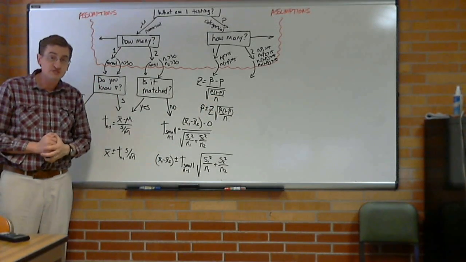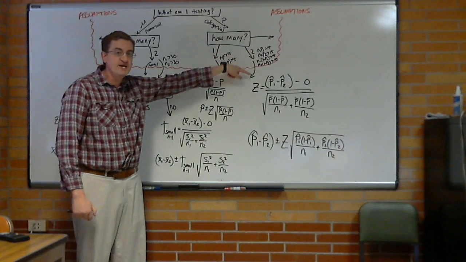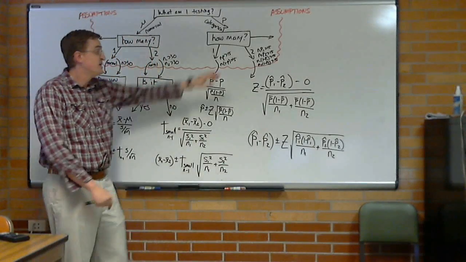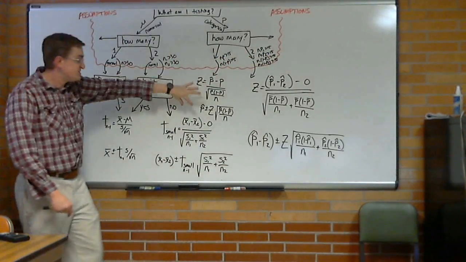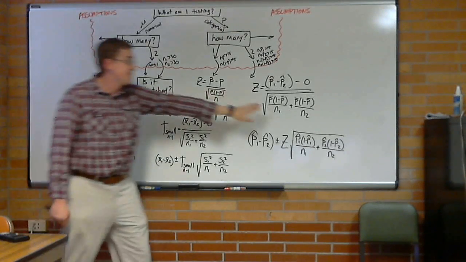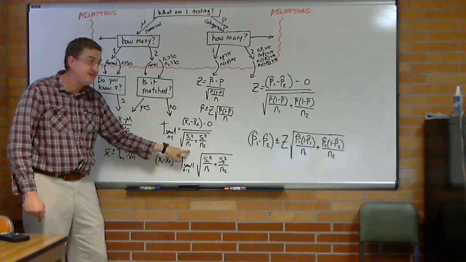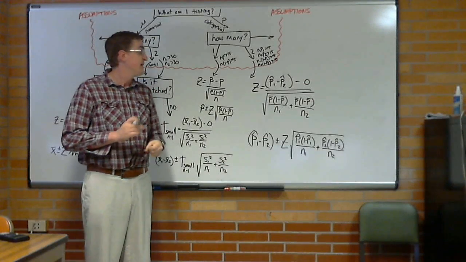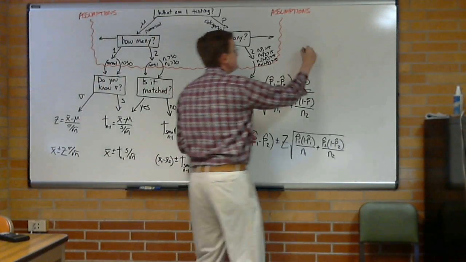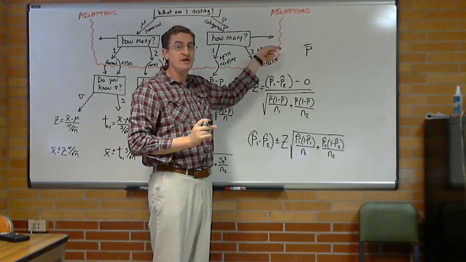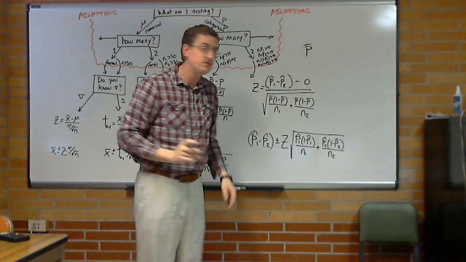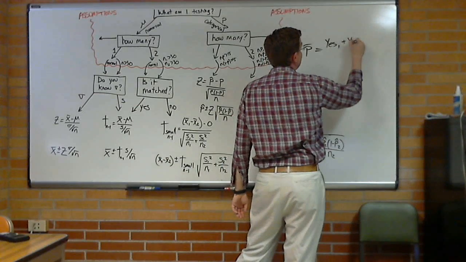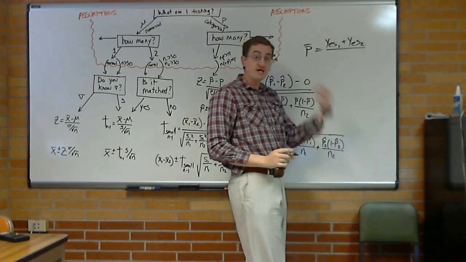For a two sample proportions test, once we know that the assumptions are met, we don't need to ask any more questions as well. It's just straight to the two sample proportions test. We're going to do the two different proportions, just like we did two different x bars over here. And this idea is the same as this idea here. The standard error for one and the standard error for the other. Now it depends on that p bar. And so to get that p bar, I'm going to have to write it up here because I'm running out of room on the board. It's going to be the number of people who said yes in group 1 and the number of people who said yes in group 2. And we are going to divide that by